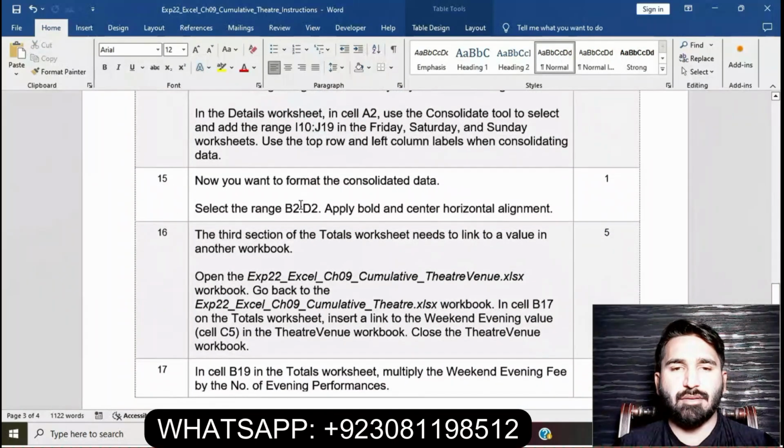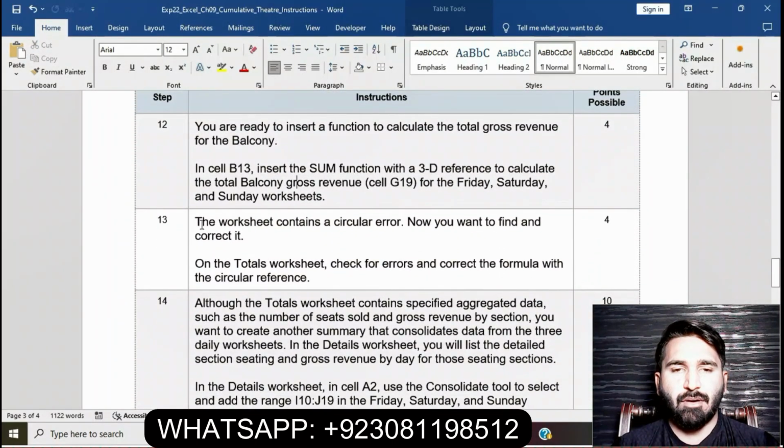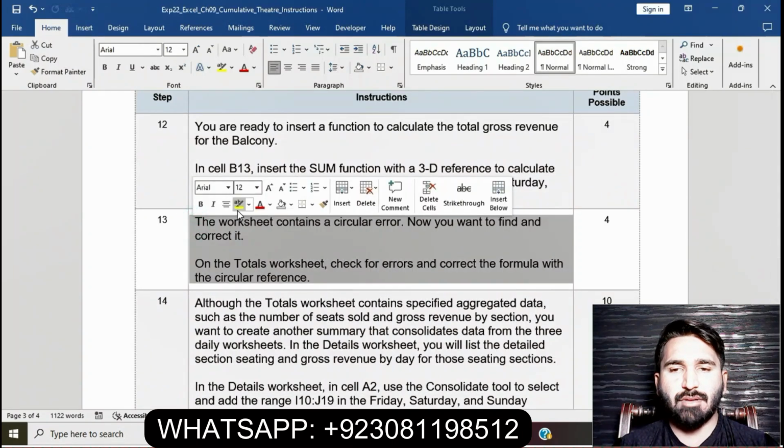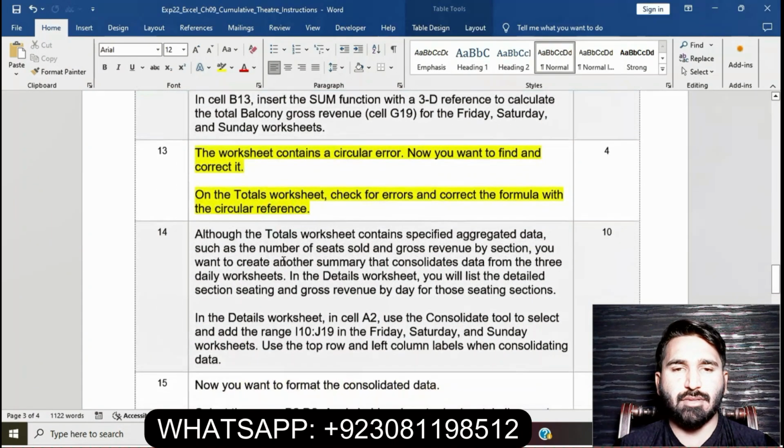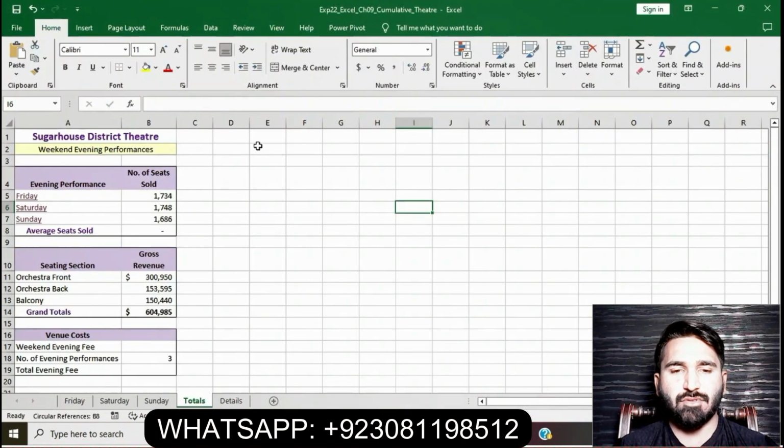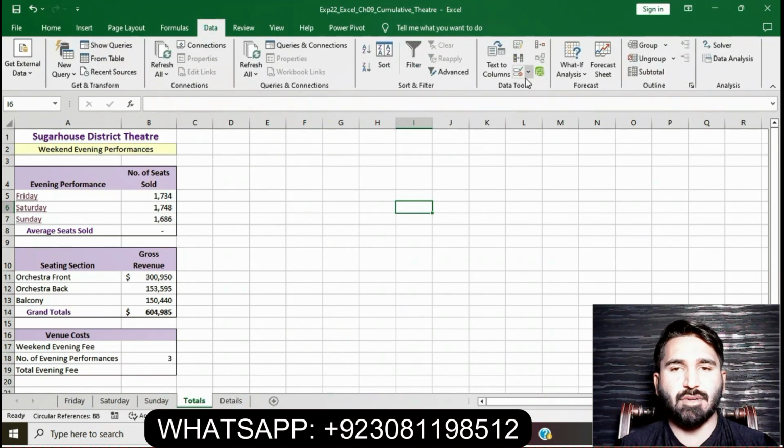Question number 13 is: on the total worksheet check the error and correct the formula with the circular reference. Basically we will have to move to the total worksheet and check errors, go to the Data tab, go to